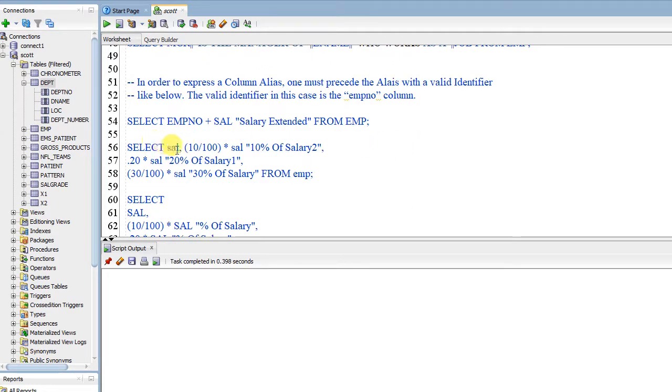Here, we're going to select Sal, and then in parentheses here, we're going to divide 100 into 10, multiply it by salary, and then this is a column alias. Then we've got to have a comma here, right? Because we've got another one. We've got 0.20 times salary. Then we've got a column alias,